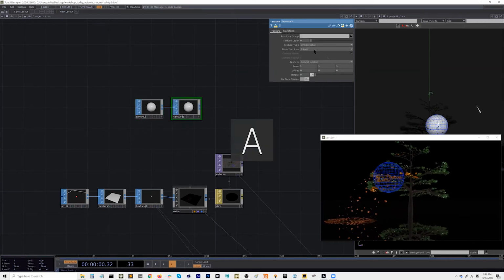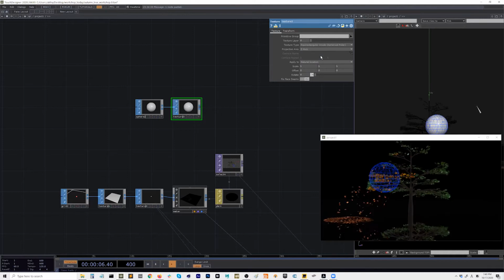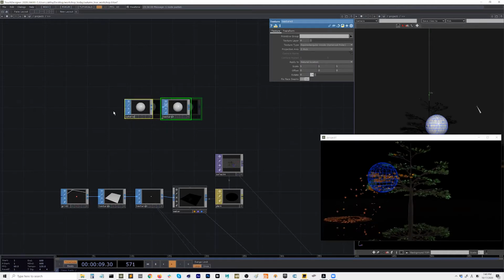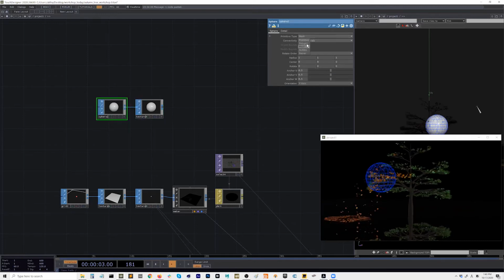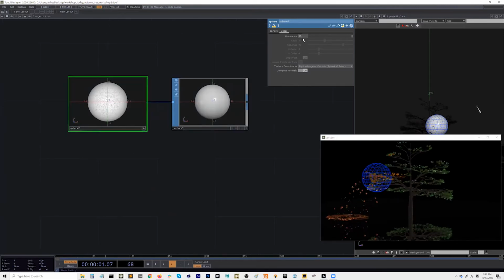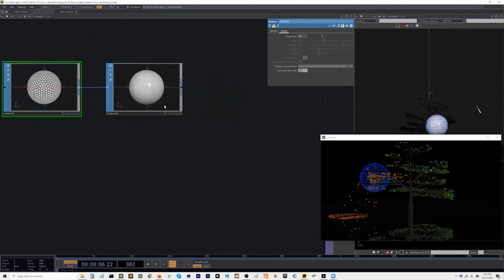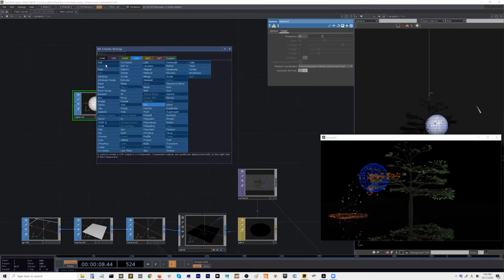For this texture, we will use equirectangular, inside, because we are looking from the inside of the sphere. And then for the sphere, I would like to change it to polygon and make the frequency higher. That's maybe too high, like 10. Yeah, that's good. And put it into geometry.